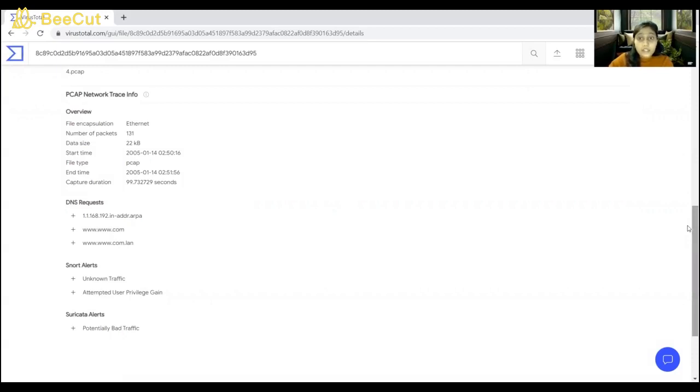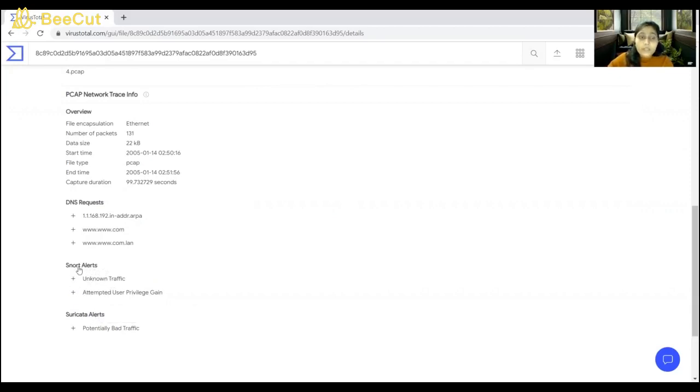Next, as I mentioned earlier, we can also know the exact reason why the two alert statements popped up on the detection segment that I showed you before. As you can see on the alert section, the alert from the Snort engine is due to unknown traffic and attempted user privilege gain.